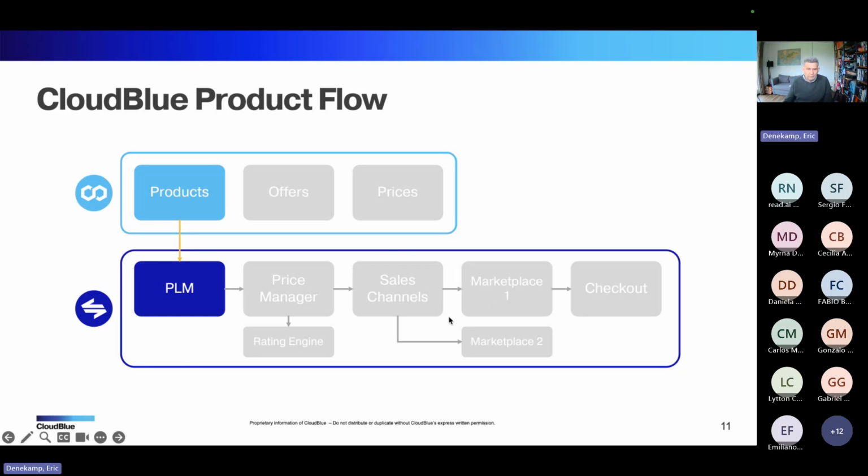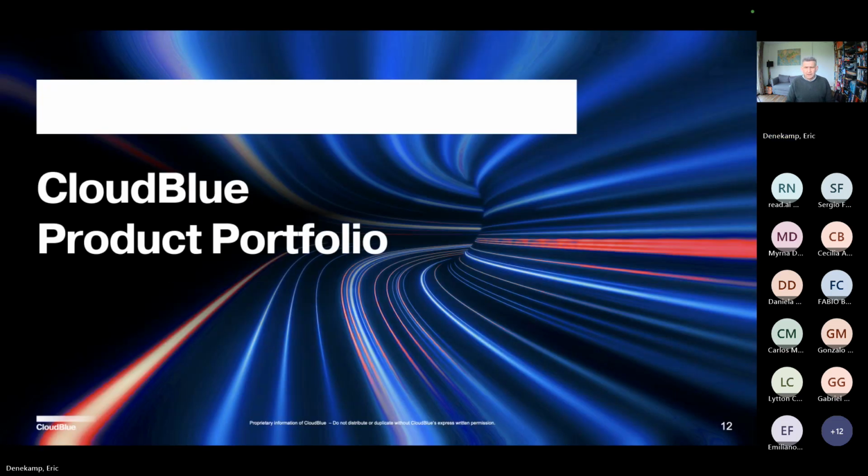Of course, we want to sell through different channels, through different marketplaces. PLM does not post those things in those marketplaces. We can share the plans. We can enable the plans. We can distribute or delegate the plans to our resellers using PLM, but we are not storing them in that marketplace. You have to go and do that in the marketplace itself. So that is the integration that we're looking at. Only this little yellow arrow that I have here, for those that are not colorblind. That is what PLM handles. Nothing more, nothing less.